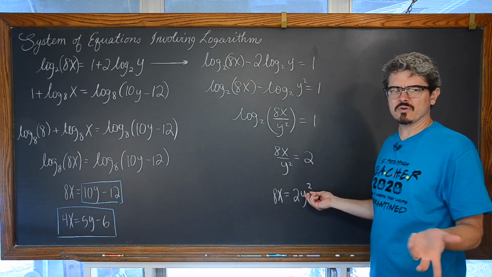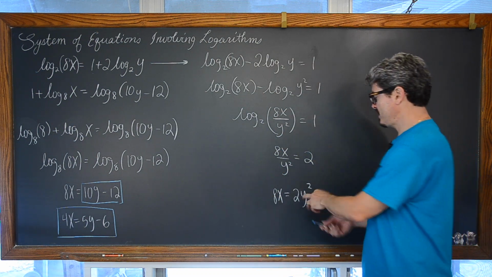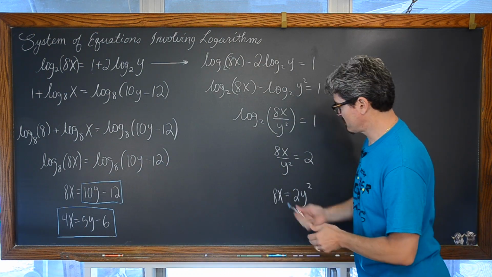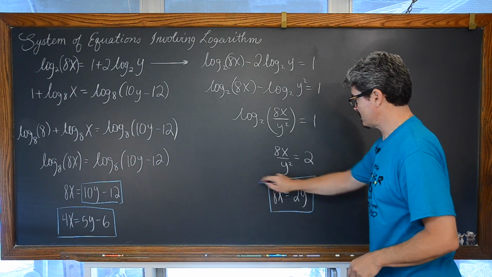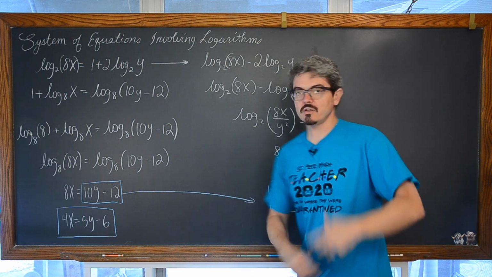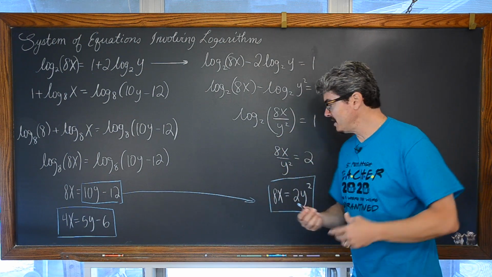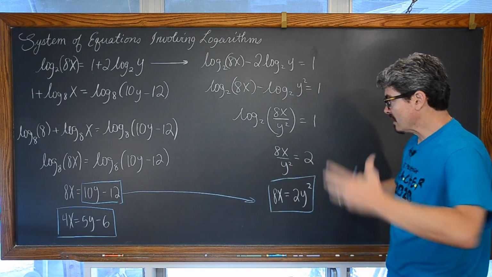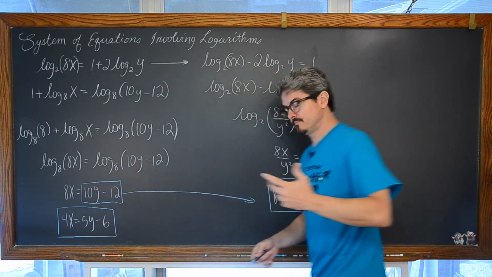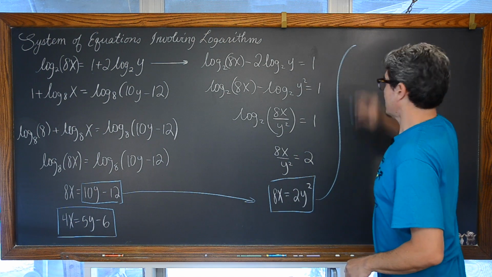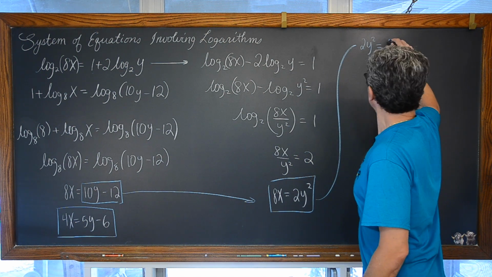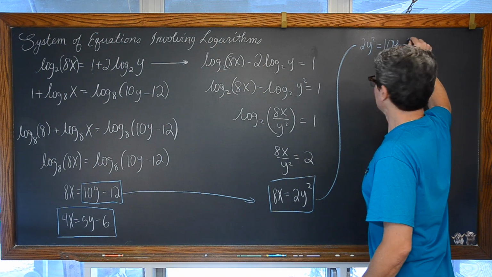We don't have two linear functions, and this has a power of 2 on y, so I think it's just going to be neater for us to look at the system of equations with substitution. So what we're going to do now is solving systems by substitution, that you learned back in maybe Algebra 1. We're going to bring these together by saying 8x is the same as 10y minus 12. Okay, so now I've got our blue out here to differentiate these. We have 2y squared is equal to 10y minus 12.